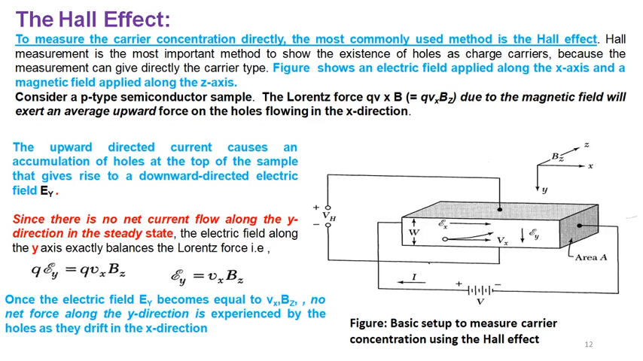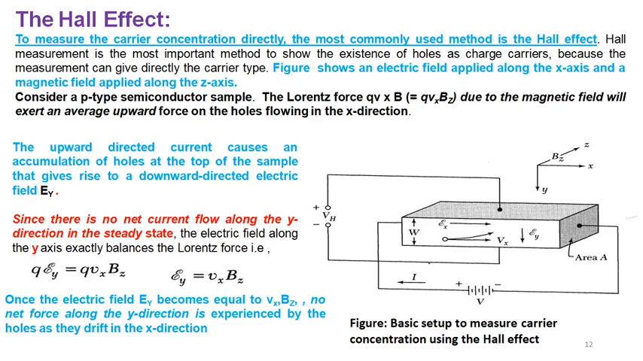Then we have two forces. The magnetic force is F equal to Q V cross B, where Q is the charge, V is the velocity, and B is the magnetic field. Here, the upward dielectric current causes accumulation of holes at the top of the sample, which is shown in the figure. And since there is no net current flow along the y direction,